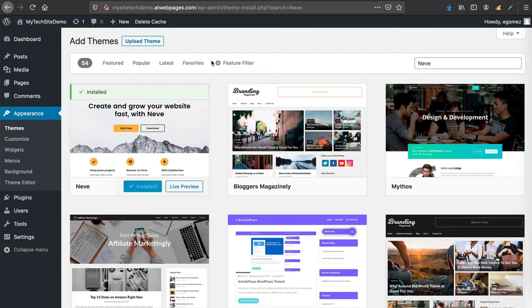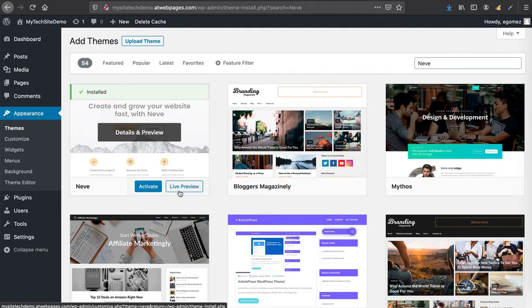Now here, once the installation finishes, you'll notice that it gives you the option to activate the theme, and you also do have a live preview. If you activate the theme, that's what makes it become the default theme through the website. So in this case, I can activate it here,